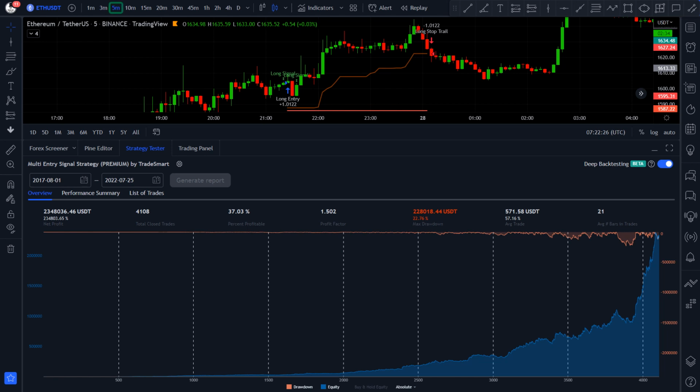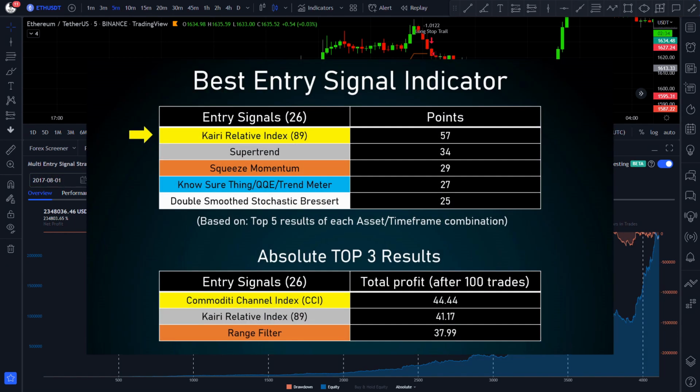Today I brought you a 5-minute scalping strategy that works on multiple timeframes and crypto assets since 2017. The strategy was made using the best performing entry signal indicator, the Chi Relative Index, which I presented earlier in